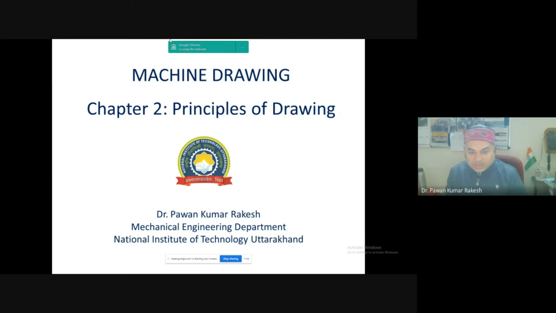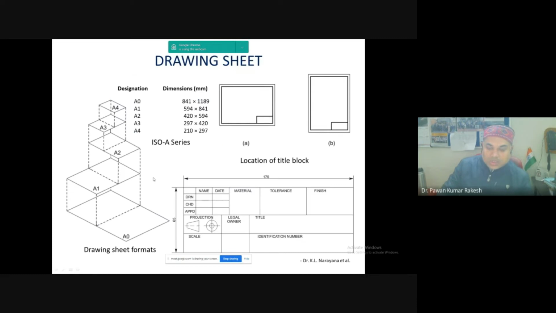For the machine drawing components, first we need to discuss the drawing sheet. What is the importance of this drawing sheet? Right now we have the software, but in earlier days, people were able to make all the machine components on this drawing sheet,